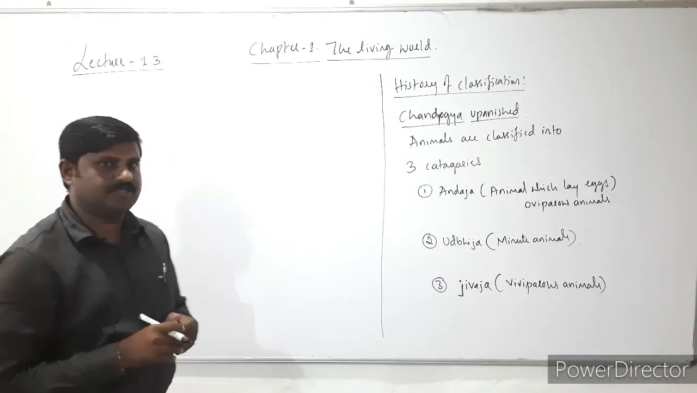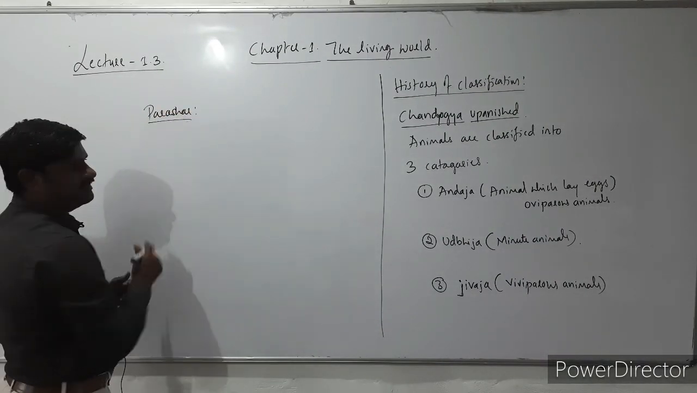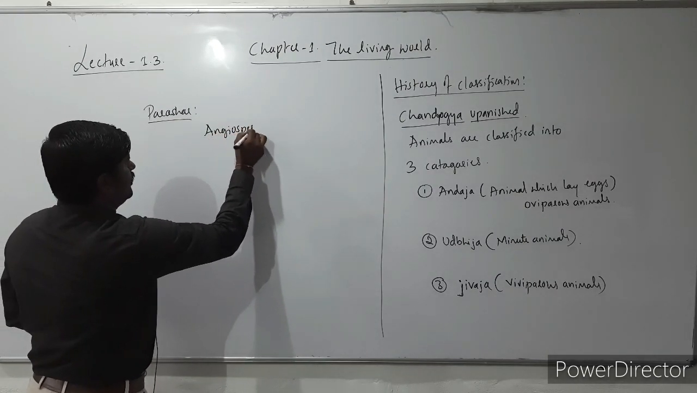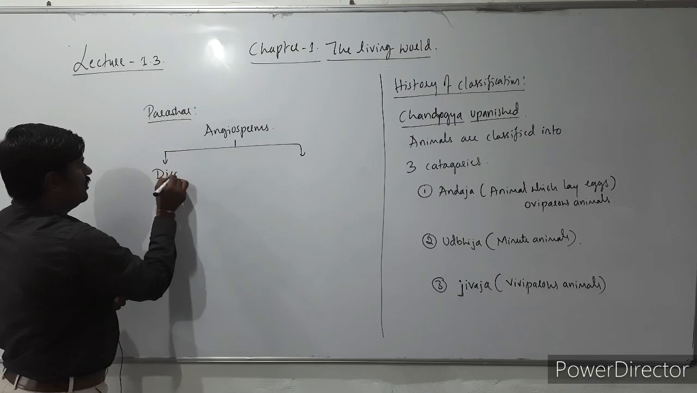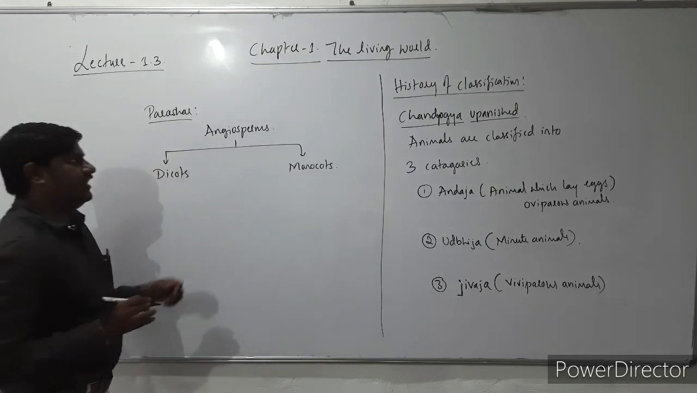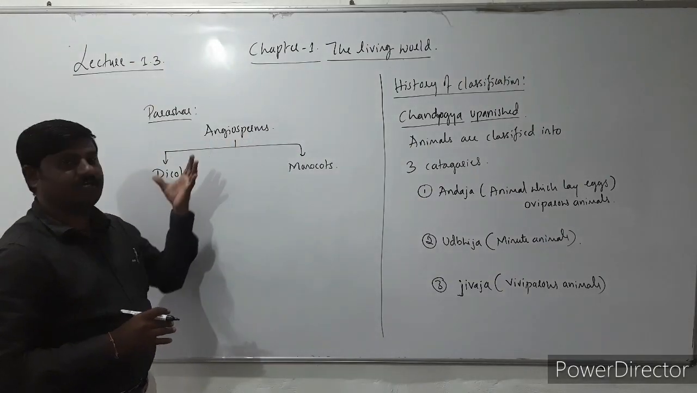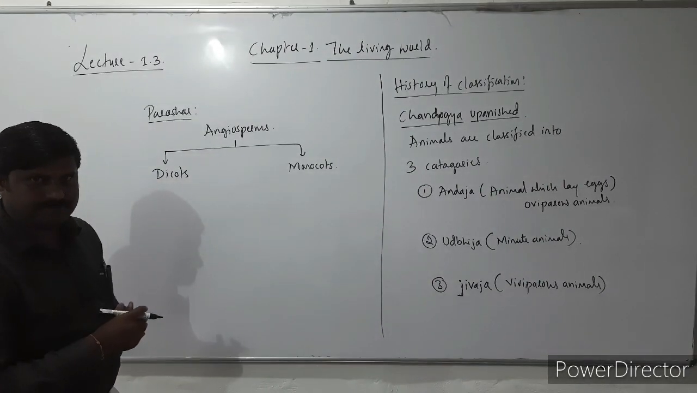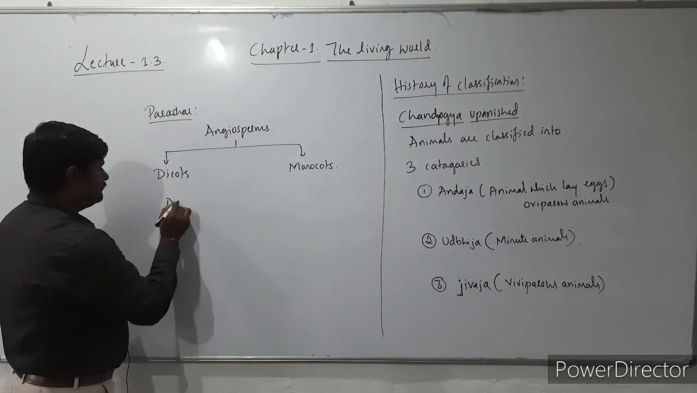The next scientist is Parashara. Parashara is another scientist, the one who classified angiosperms into dicots and monocots. The classification of angiosperms we have seen in the bridge course. Angiosperms have been classified into dicots as well as monocots. This way he classified. And the father of biology, Aristotle